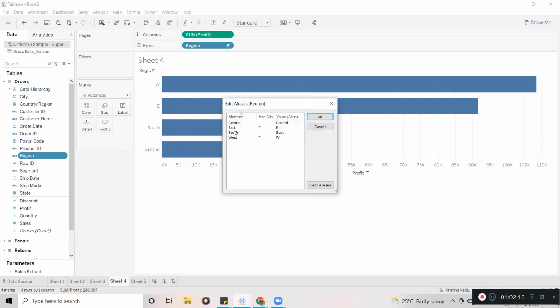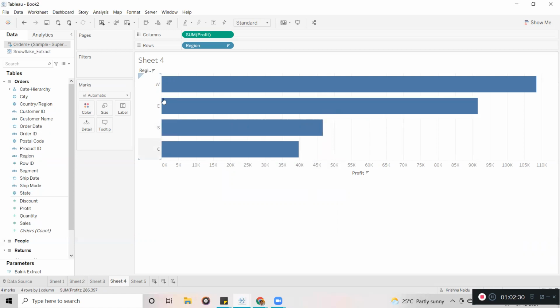Here you can see East and West are already aliased. Now you can double click on this value alias. So for C, you can give C, and here yes. After this, you can click on OK. Now you can see it is automatically aliased. These are the alias names in Tableau.